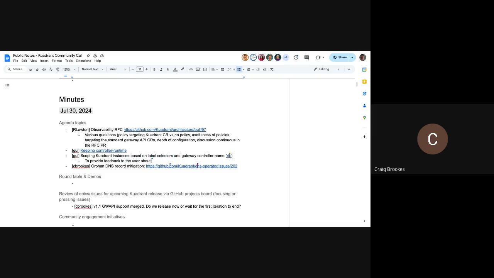That should also be possible to correlate to the number of DNS records for that host, and allow us to come up with an alert to say there are probably some orphan records here that you need to clean up. Obviously, we need to come up with a mechanism for cleaning those up.